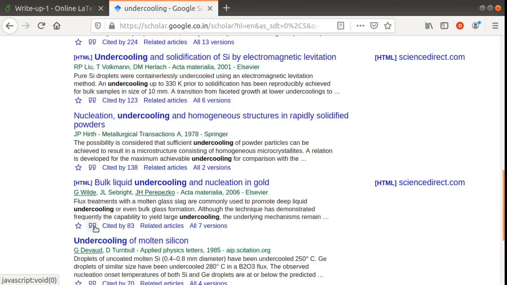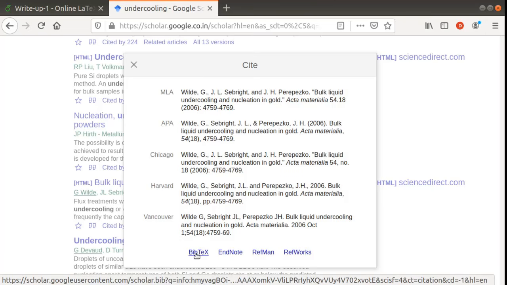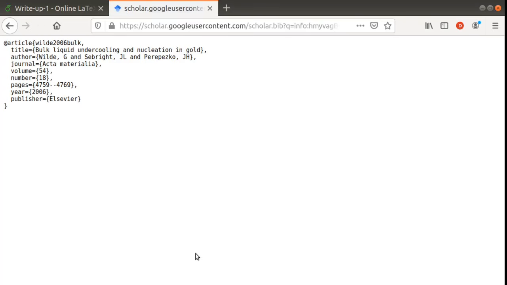So when you click on that, you would see the citation of that particular article, and the different ways of rendering that bibliographic item are illustrated here, and we can choose the style as we like while preparing the LaTeX file. So the information can be obtained in 4 different formats, and we will pick up the format of BibTeX. So click on that, and you would see that the data is available readily for us.